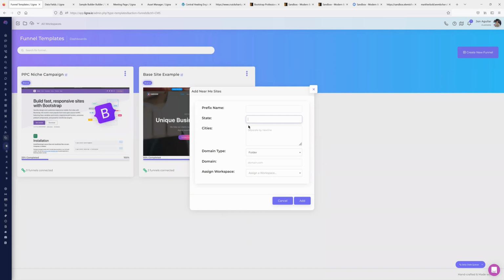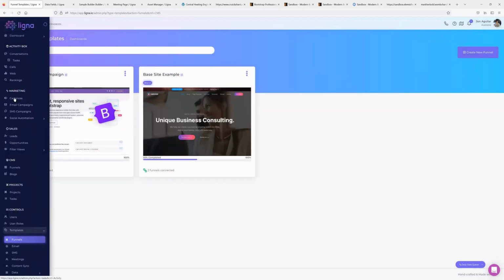That doesn't mean it's not a township. There's a lot of little cities that don't show up as an actual city. If you want to be very specific, like here in Austin, there's 52 cities within a 50-mile radius. Each of those cities are not listed in the city database or whatever, little towns or whatever you want to call them. So you just paste in all those cities that you want on Newline here, and then just hit add. And so that'll go out and build out all your sites, and they'll show up in your CMS